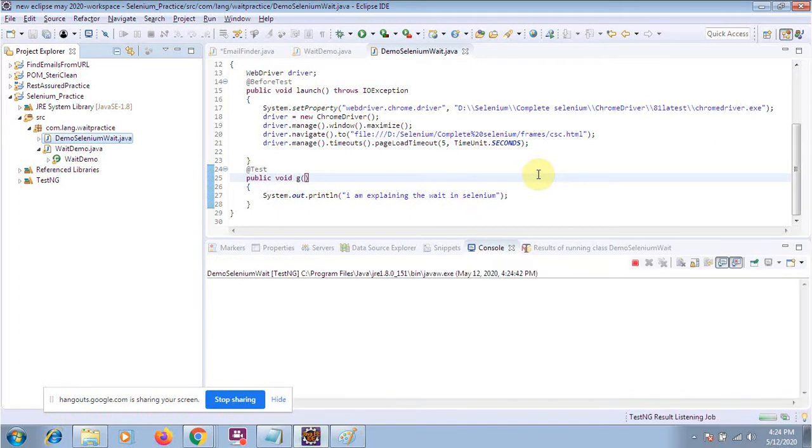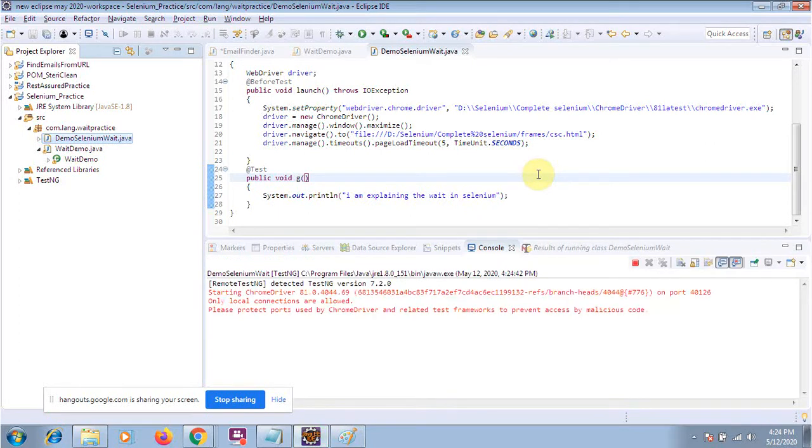After that we will apply the implicit wait, then we will apply the explicit wait, and then we will apply the fluent wait of Selenium.